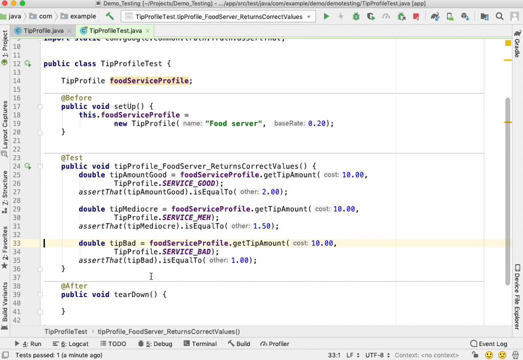The things that you might mock are like Android framework methods or services. So in this case, because we're running a local test, we aren't going to have access to the full Android